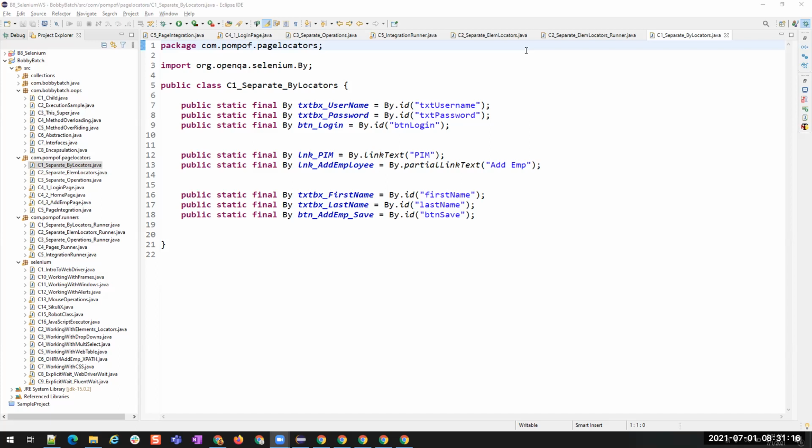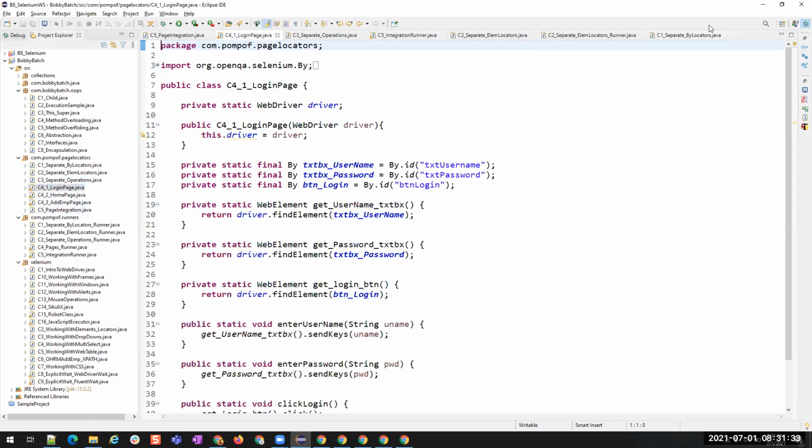Nikhil, so do you mean to say we don't need the other classes at all, only class 4? No, what I'm saying is generally in real time, we will use only these 3, 4 individual page classes. Okay, close all and then show you.